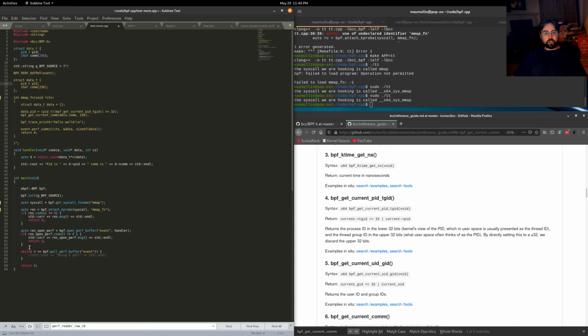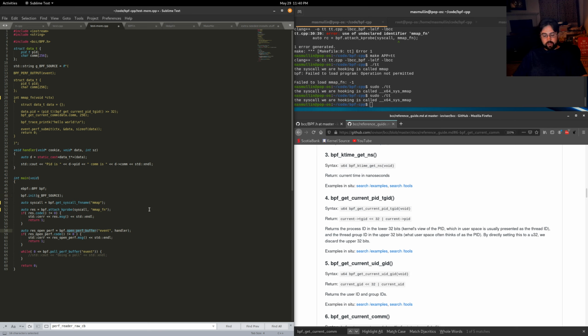And then we're just doing a forever loop, hopefully a forever loop, polling that perf buffer. So when we open the perf buffer, we give the name of the buffer that we're opening, and we give a handler to a callback function, which will take the information and do things with it. In that handler function,